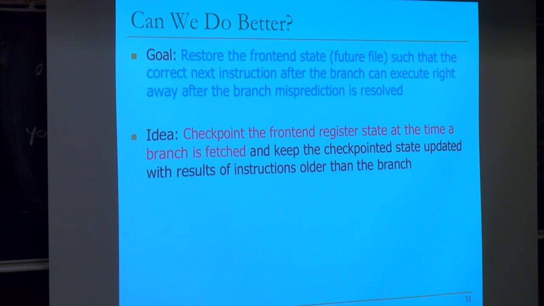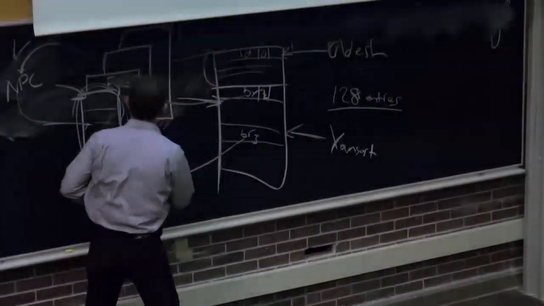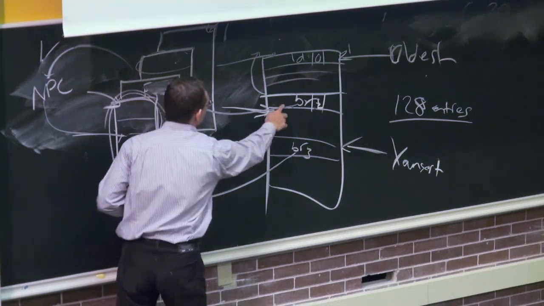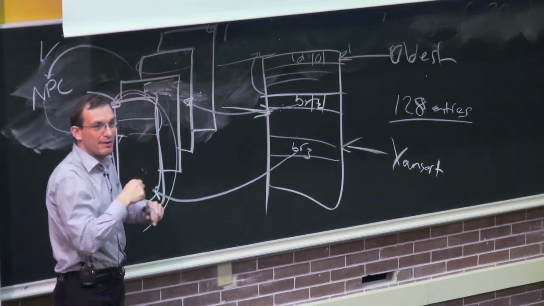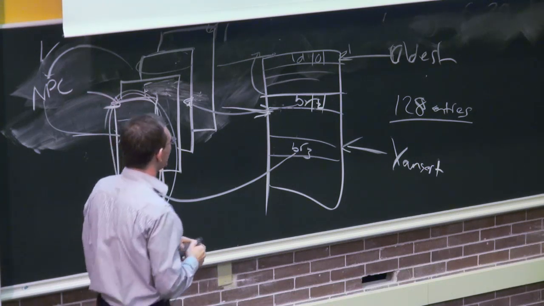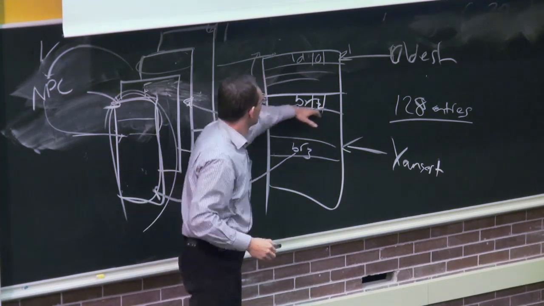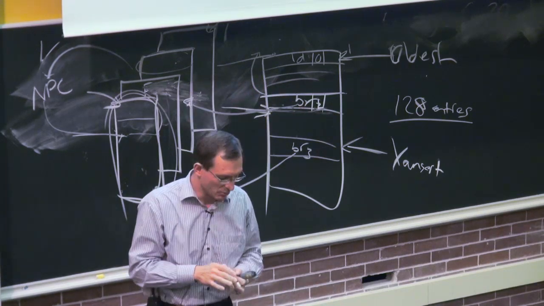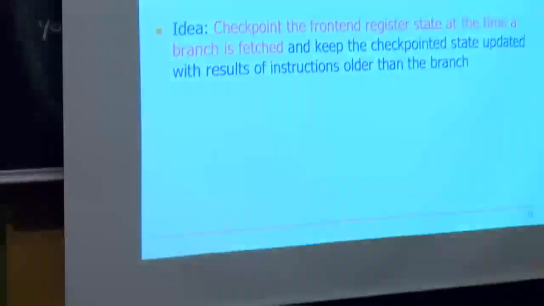Right? And let's say we have branch 2 here and branch 3. Let's say branch 3 has the latest checkpoint. And branch 2 is associated with this checkpoint. When we detect a misprediction on this branch, what we do is we start using this front-end register file that's associated with that branch. That way we can quickly go back to the state we had when we fetched that branch. Right? Now it's a little bit more complicated than that, because you need to keep the checkpointed state updated